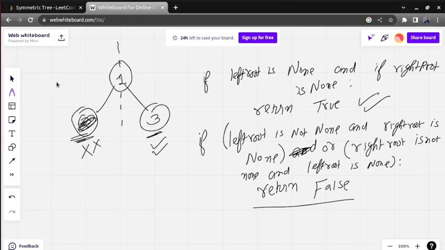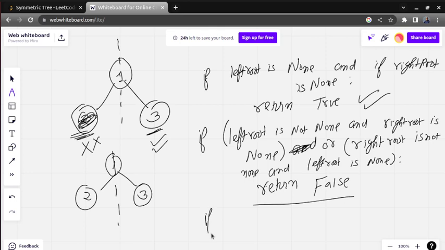And what is going to be the next condition? Suppose on the left hand side we have the element 2, but on the right hand side there is another element, 3. In this case also, is it symmetric? No, it's not symmetric.